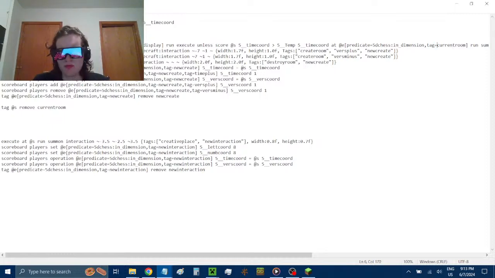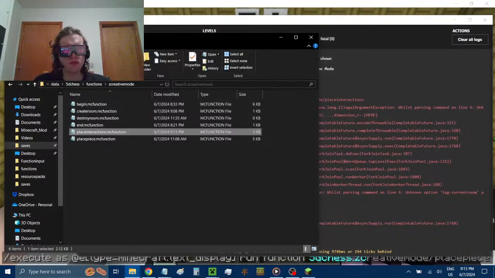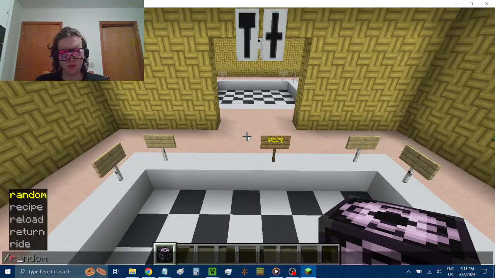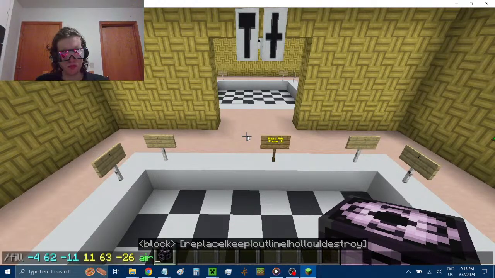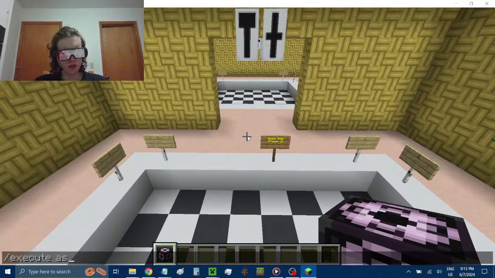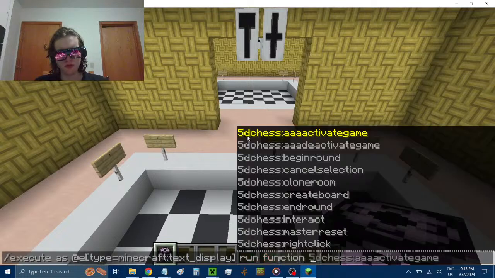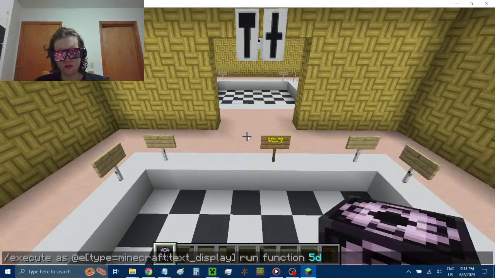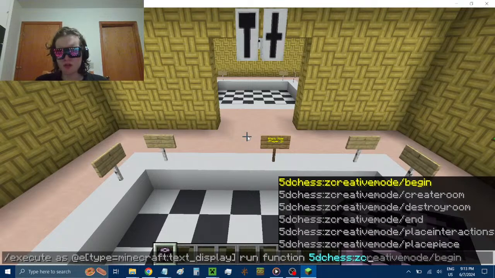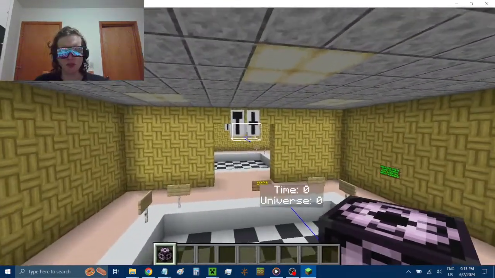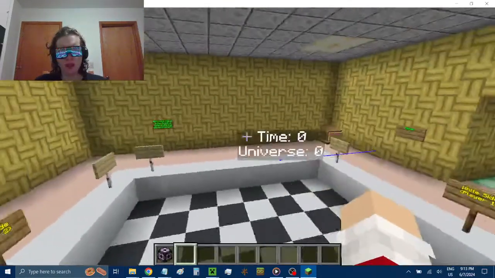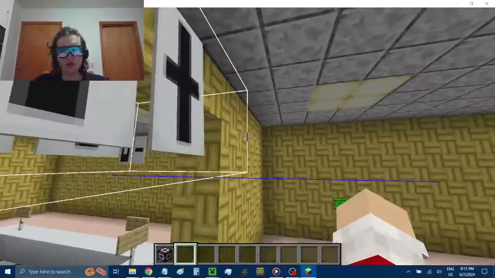Ah, there. Okay. Execute as at E, type equals text display. Run function 5D chess, Z creative mode, place interactions. So it should place just that particular one. And then